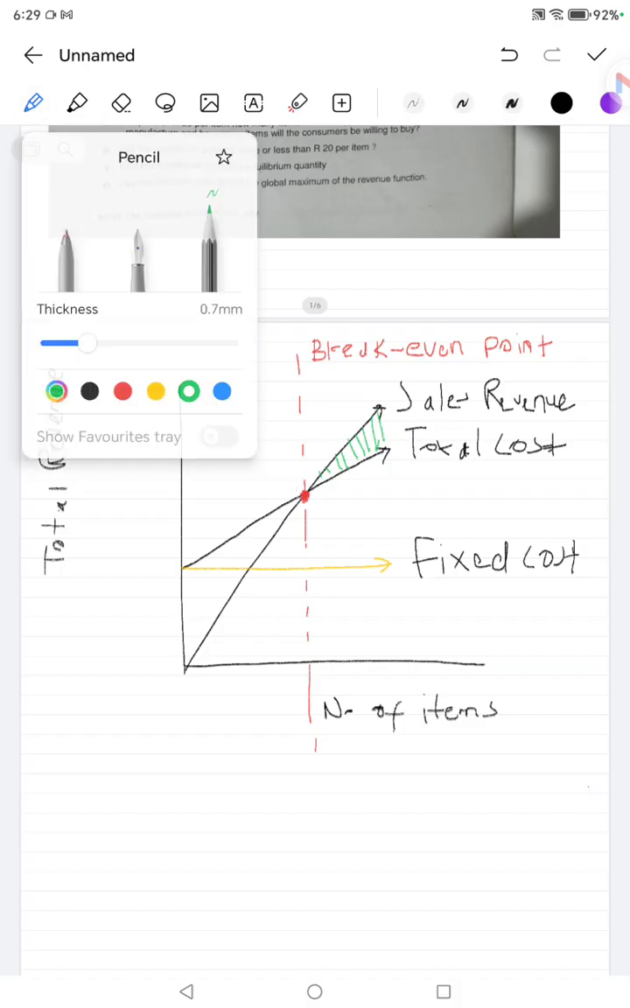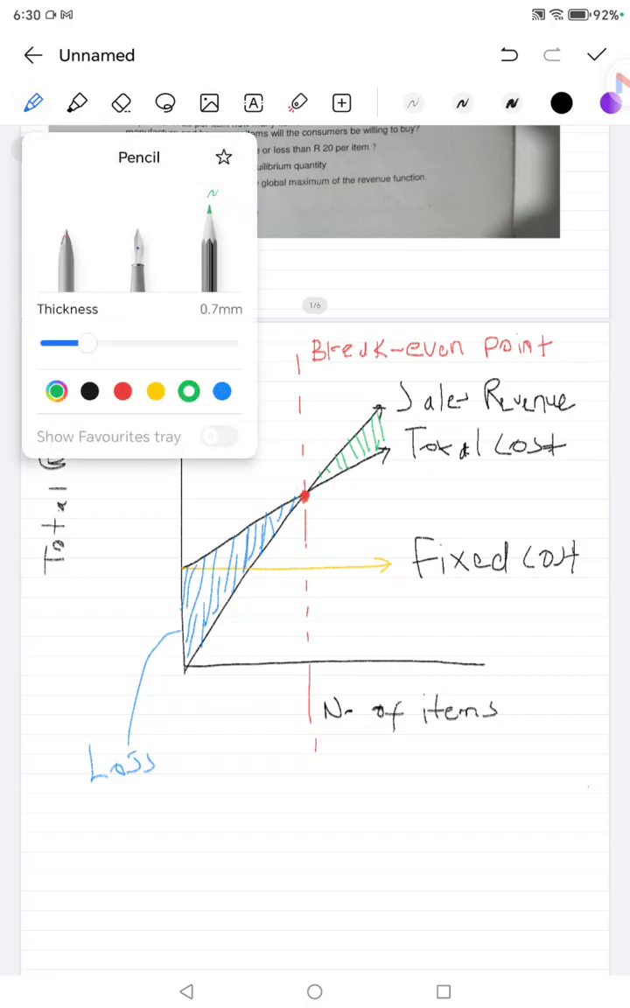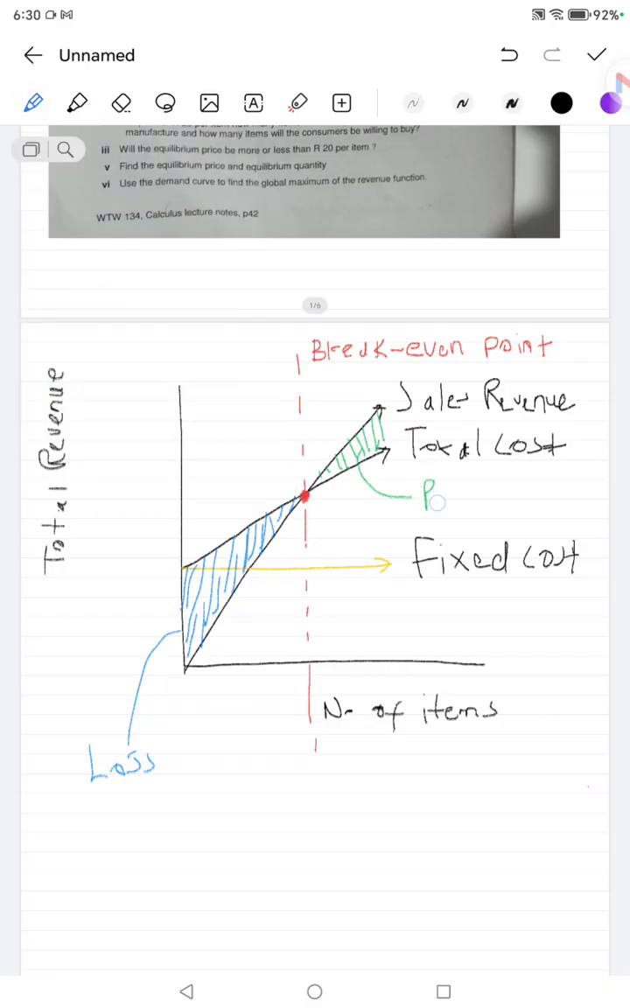Then here where I'm going to be highlighting now, this is where they'll basically be making the loss. But you'll just see with the other example as we go on. So here I said this is where we're going to be making your loss. Then for that one, this is where you're going to be making your profit. You see,